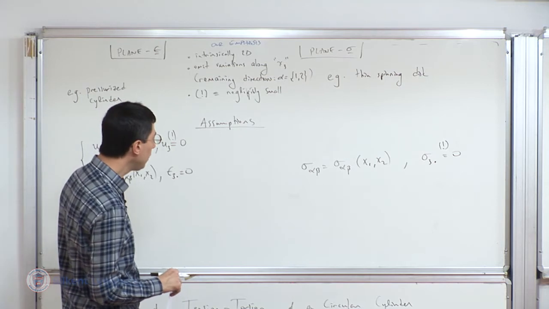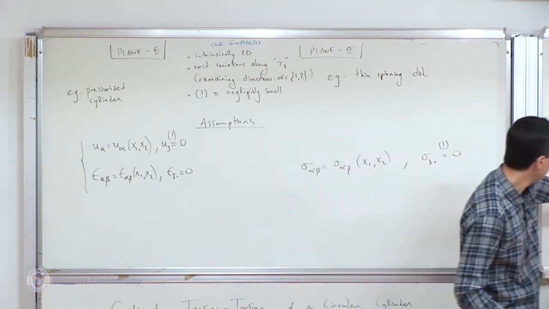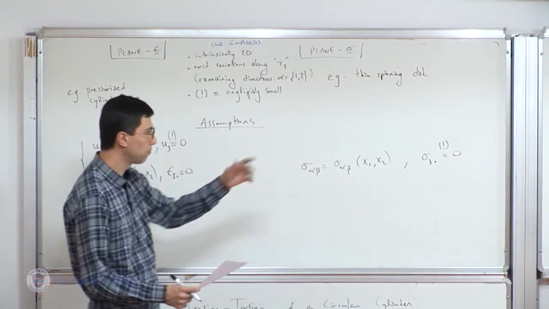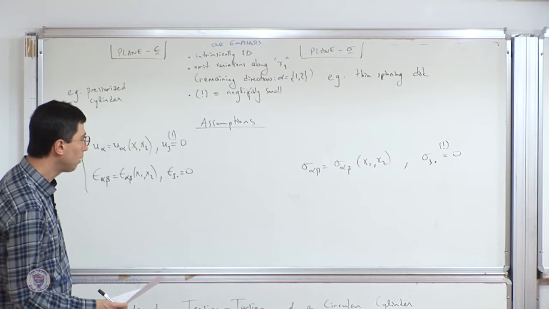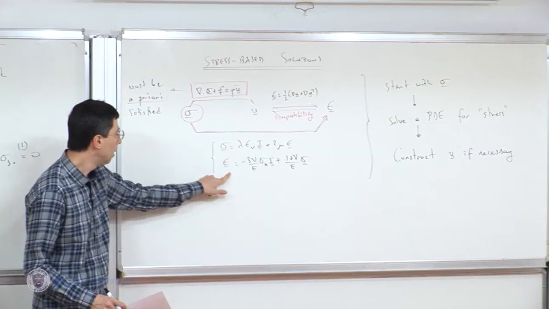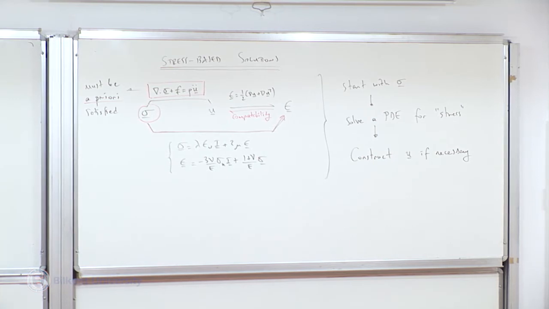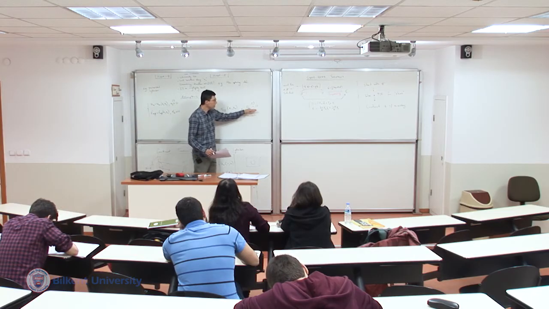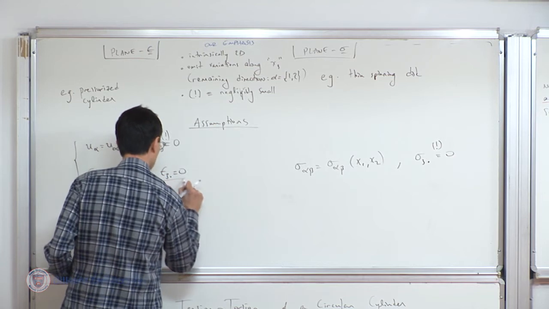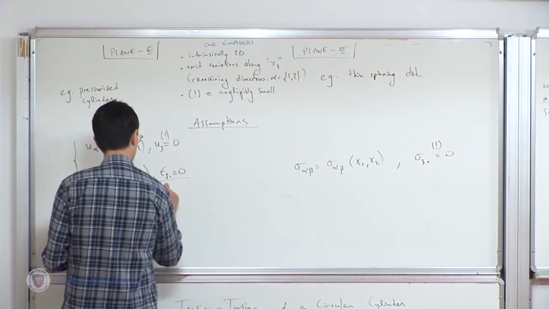Now, next I'm going to talk about the material model. I'm going to talk about this equation and play around with it a little bit. Before I do that, let me apply it. This part is something that we deduce from the material model. So when I look at the material model, linear isotropic elasticity, and look at these assumptions, I immediately see from this constraint, although I don't say anything directly for the stresses,